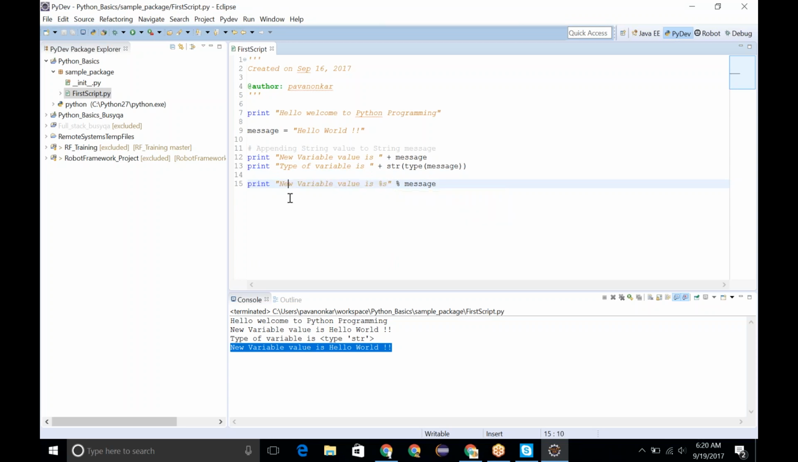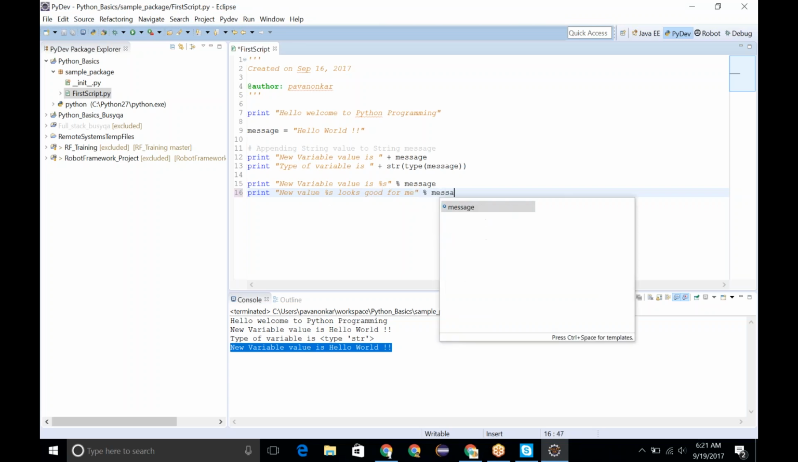Now what if I say print "the new value %s looks good for me"? How will you still make sure that your value gets replaced here? It is again this way only. So now if I run this,